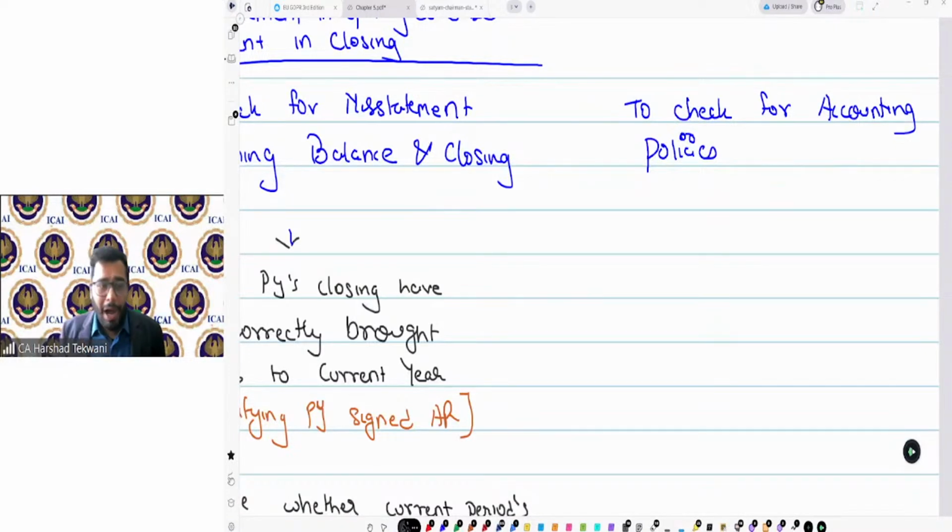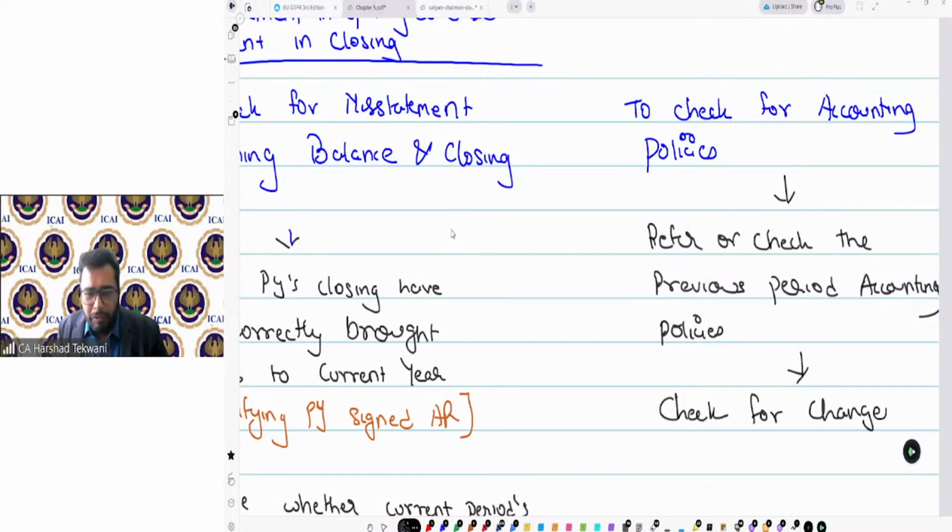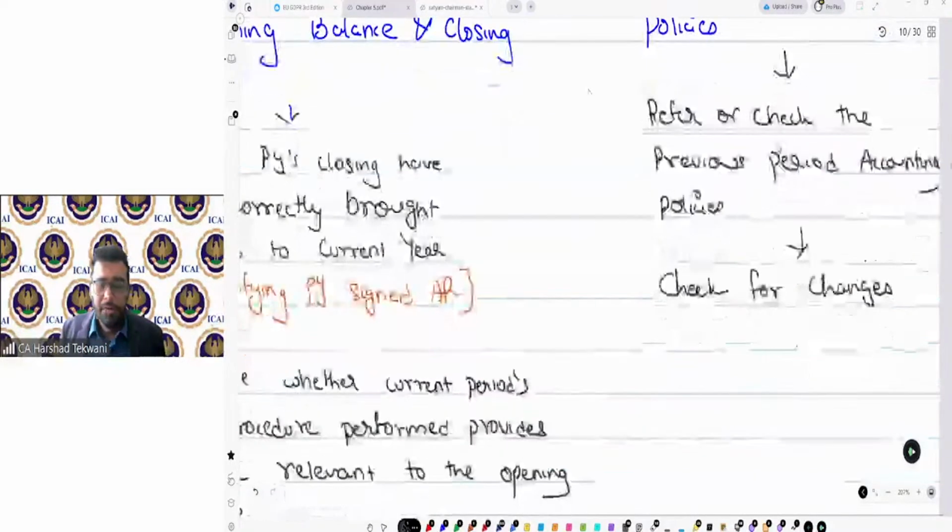So for that, I need to refer to or check the previous period accounting policy, then check for the changes, if any.